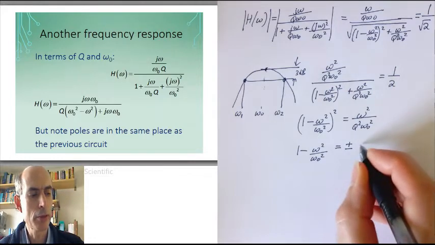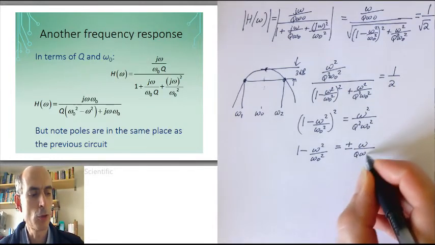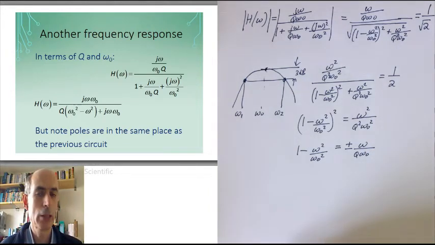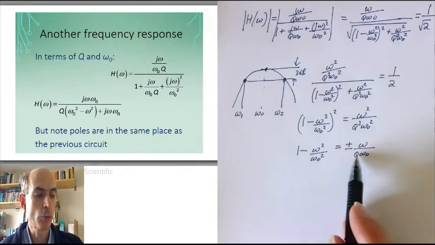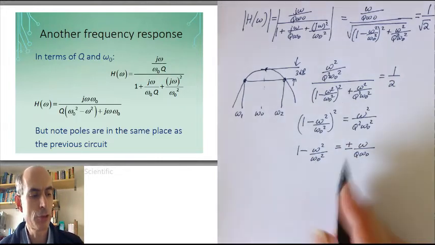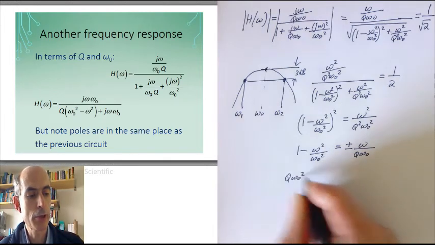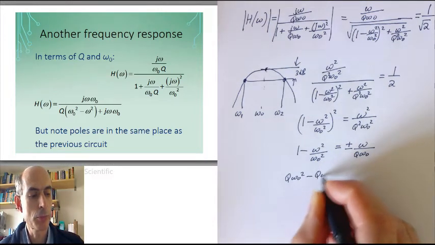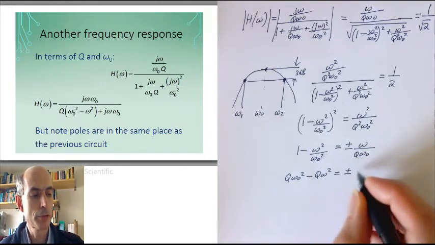This could be either plus or minus omega over Q omega naught. Now, if I multiply up by Q omega naught squared, just to make this a little bit neater to write,